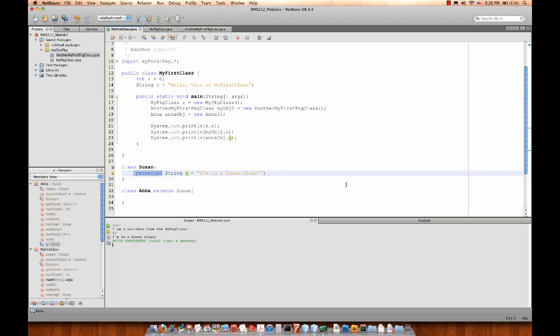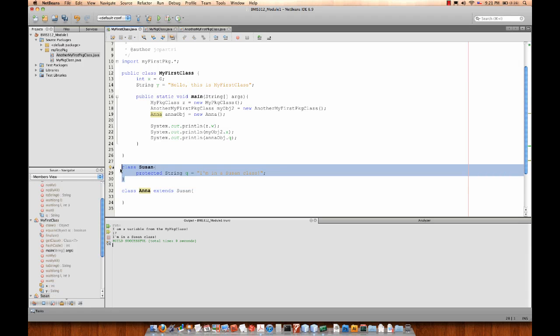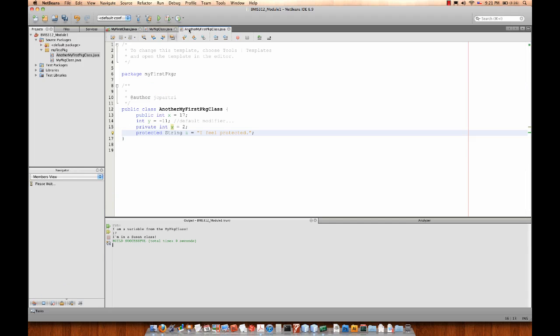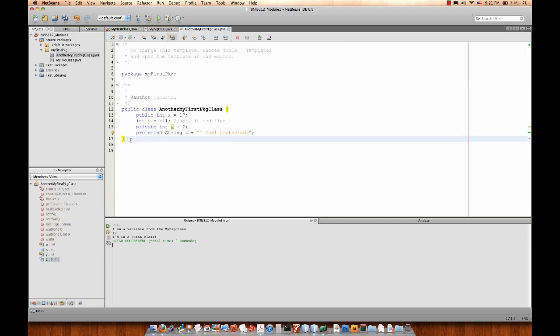Well, why can I access Susan's Q variable? Well, that's because Anna is a subclass of Susan, and Anna is contained in the same package as Susan, so Anna can access this. But now we're going to do something really different. What if I clip out Susan, I take her all the way